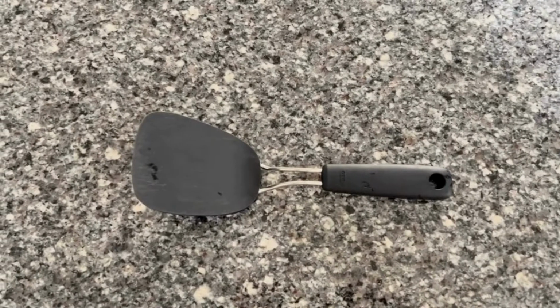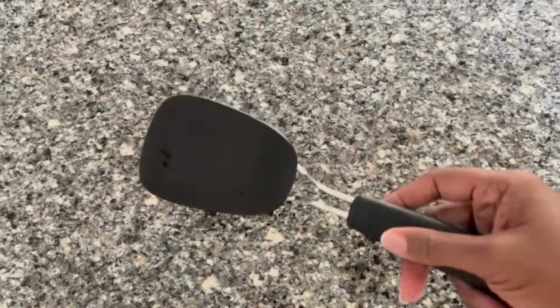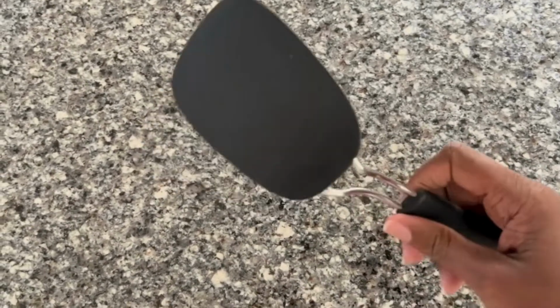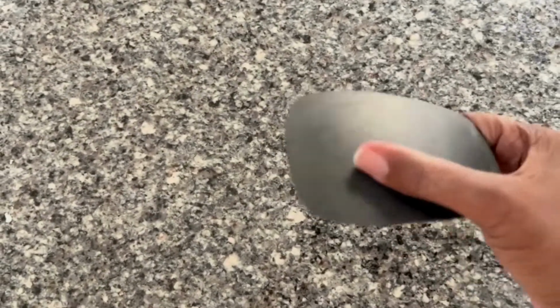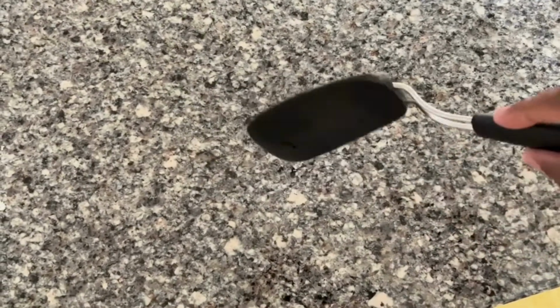Hello everyone, this is my review of the OXO Good Grips Nylon Flexible Turner. It's lightweight and feels good in your hand, a good grip. They have the steel here and flexible nylon plastic here, which is good so it doesn't scratch your pot